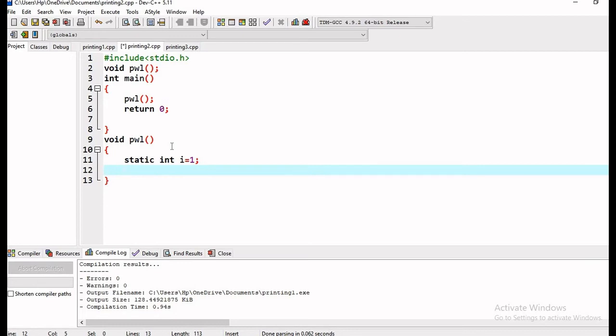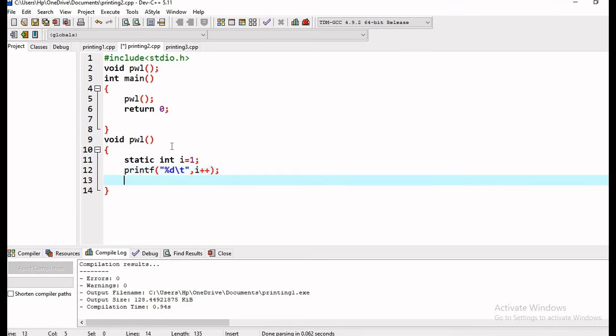That's why we are using a static variable here. printf, percentage d slash t, and i. That's it. But we have to give some terminating condition here, otherwise it will go on infinitely.